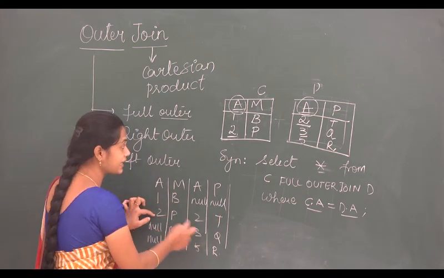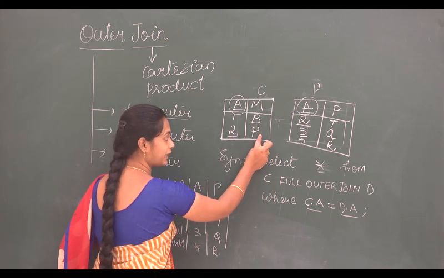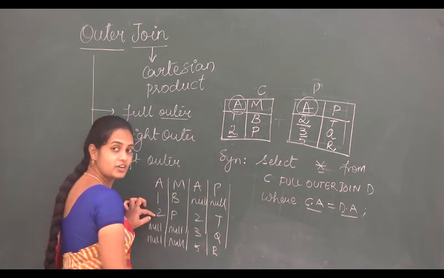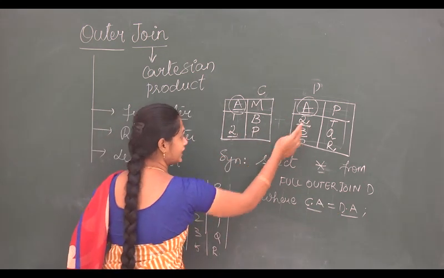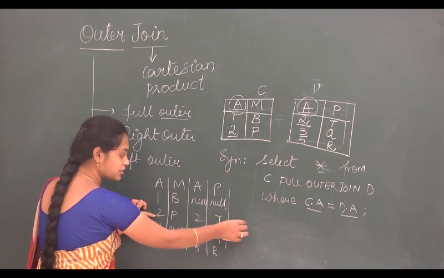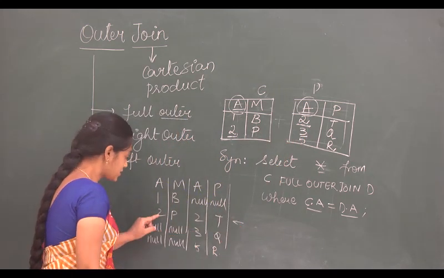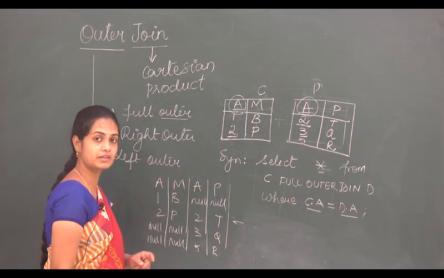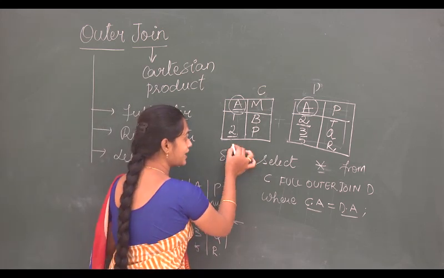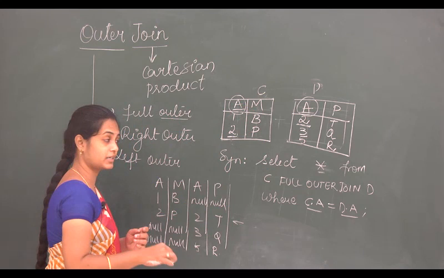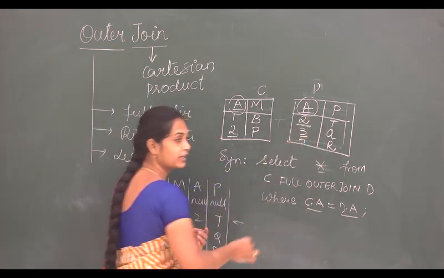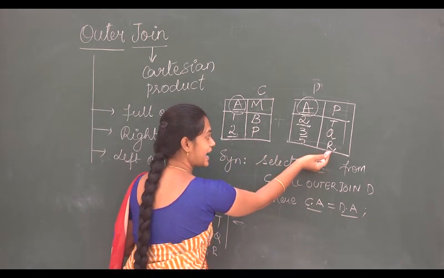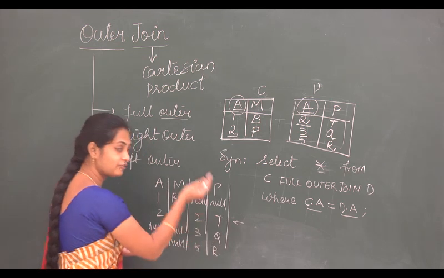And what is the second piece of information? In the second tuple, we have 2P. So this 2 is equal to 2 here, C.A equals D.A. Because these two are equal, then what will be the information? This will be the information. So against 2P, whatever information we have, the same information will be retrieved. Now see here, you don't have further information in C, but you have information in D, and simply